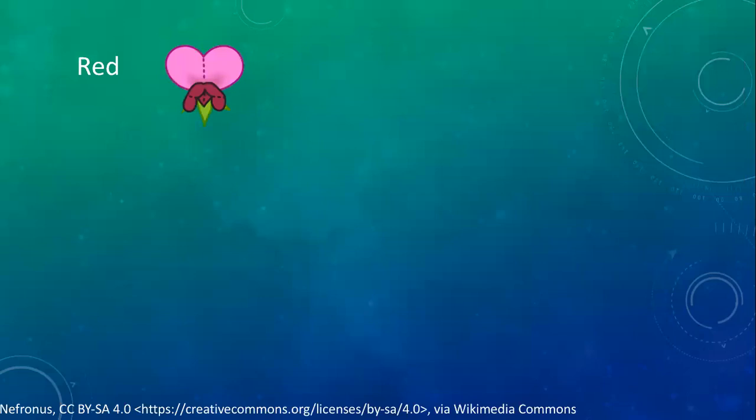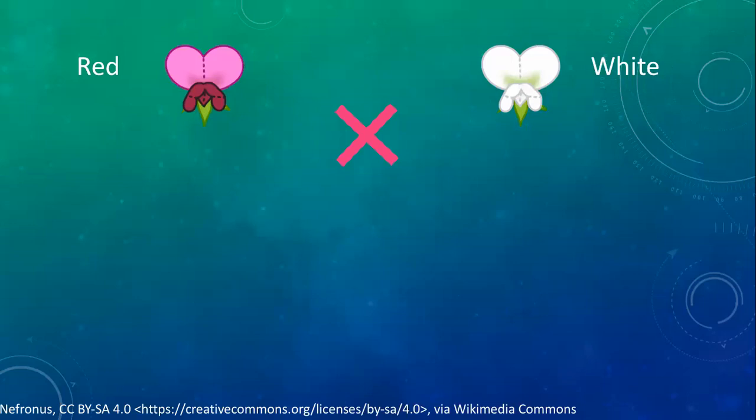Let's look at what happened if you just look at the flower color. So he started with red flowered purebreds and white flowered purebreds, and then he crossed them with each other. Now you can try to think of what you are expecting. What would you expect? Most people would say that either you get a mixture of red and white flowers, or you get a mixture of the red and white, so maybe some sort of rose